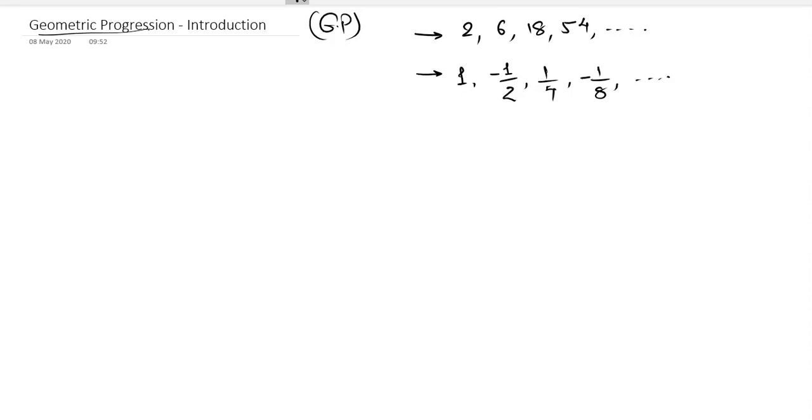Now, because you have done AP very well, you now know what a sequence is and what the speciality about the sequences of AP is. In AP or arithmetic progression, you find the succeeding term by adding a fixed quantity with the given term. Then you add the same fixed quantity to the next term and you find the next term, right? And you go on. And that gives you your AP, which is your special sequence.